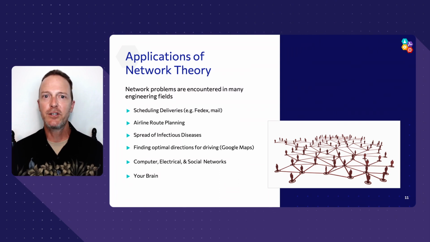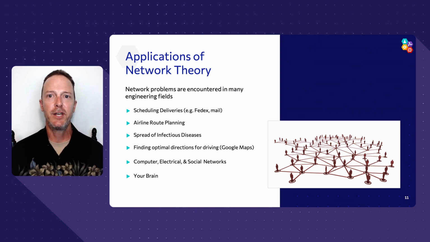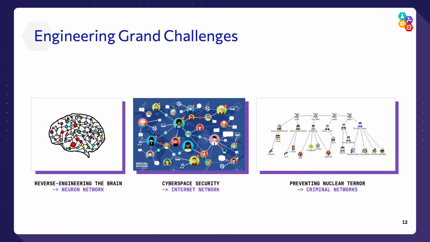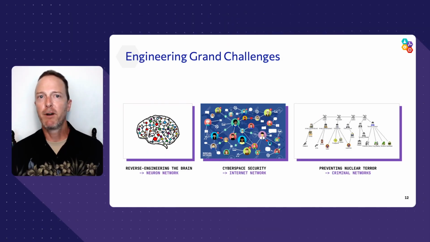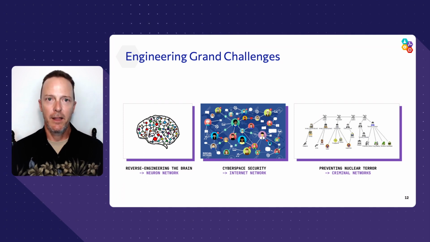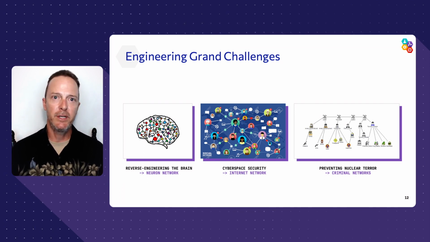There's computer, electrical, and even social networks that allow us to share what's going on in our lives. The spread of infectious disease, like the coronavirus or the flu, is being mapped every year, so we can provide better resources and opportunities in the fight against those diseases. In fact, we are looking at today's most important challenges for engineering. Here are some of them. From reverse engineering the brain, securing cyberspace, and preventing acts of terror, the internet has brought many opportunities.